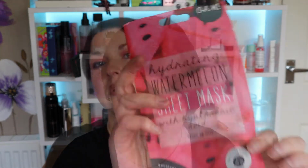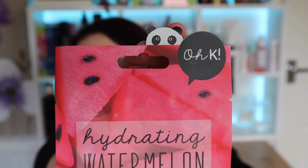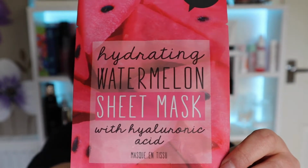A little bit sad that the palette didn't live up to the expectation that I'd sort of set for it, but that's probably my own fault for thinking it was going to be exactly the same. But that's those. Another favourite, something that I've purchased before, this is from OK, and this is the watermelon sheet